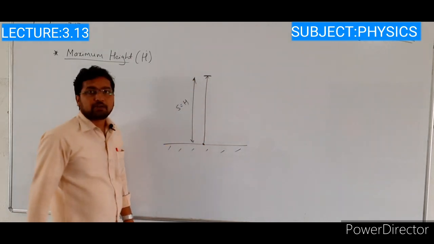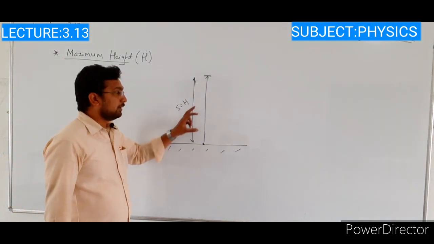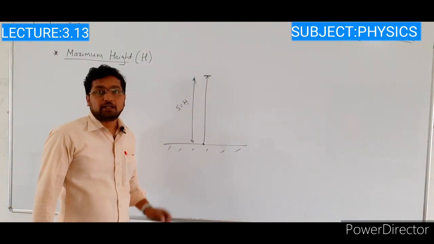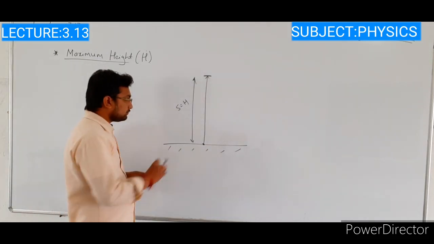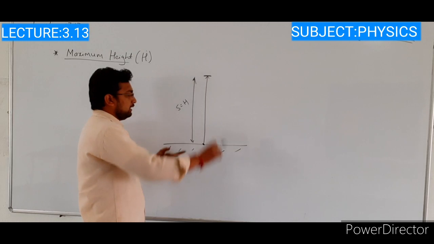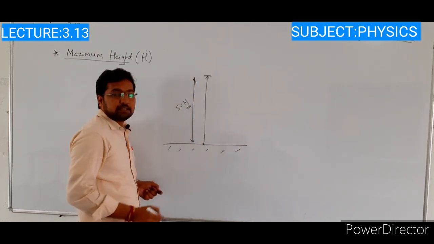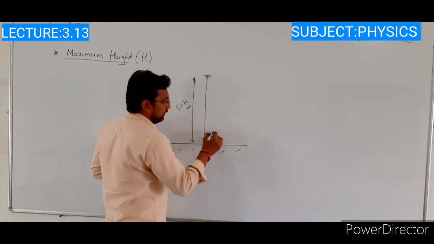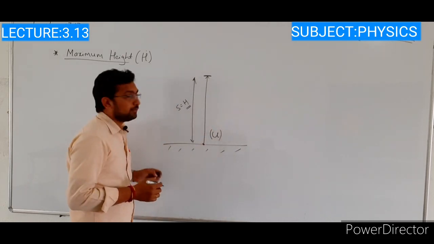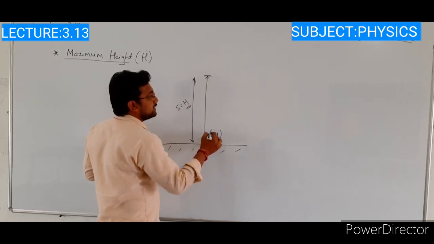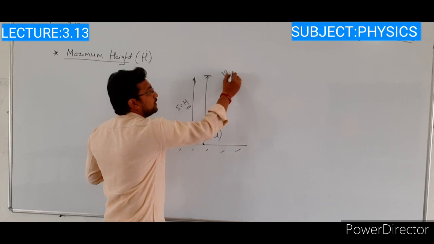So in this case, we are going to determine what is the formula we use to find out the maximum height reached by the vertically projected body, right? Okay, see here. First, write down the condition here. The distance from this point to this point gives the maximum height, that is H, and here we are initially giving some initial velocity to that object, that is U. After that, if the object is moving in upward direction, the final velocity of an object is 0, right?